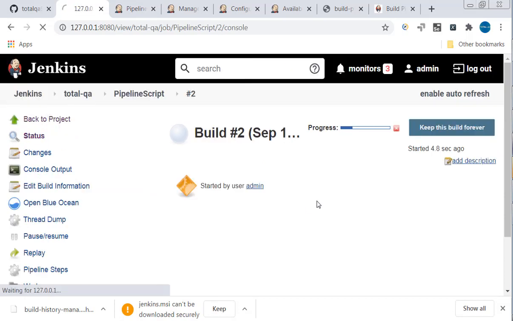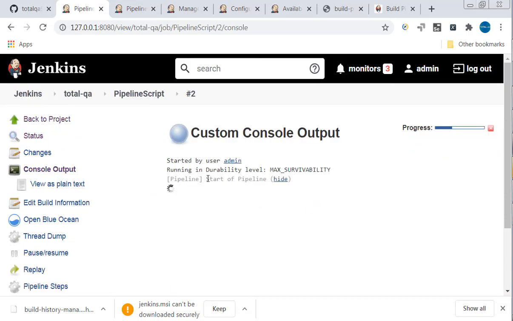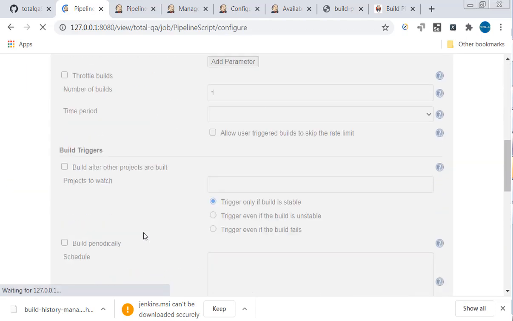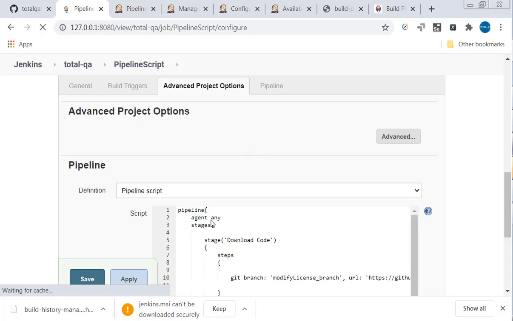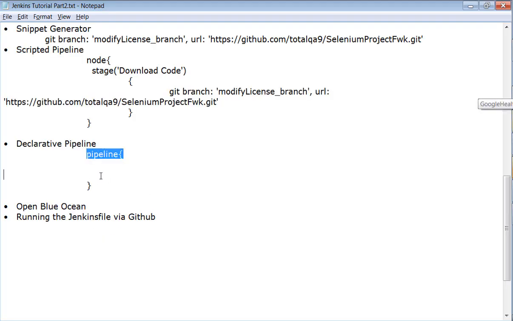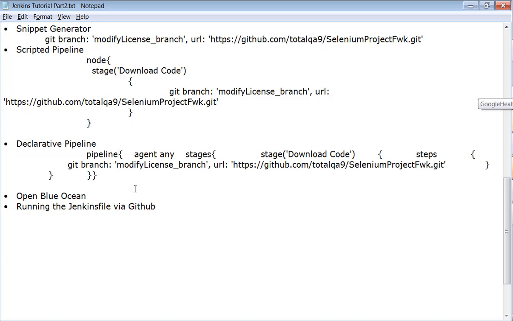Just click on this, open and see the console output. Start of the pipeline, you can see. It will take some time to download the code. So meanwhile, I'll copy the script, put it in the notepad. Copy this information, put it in the notepad.